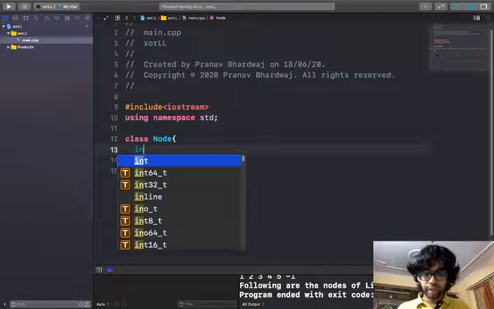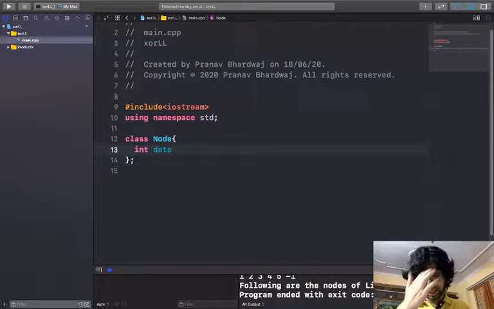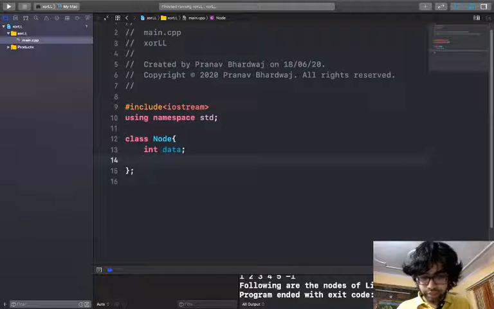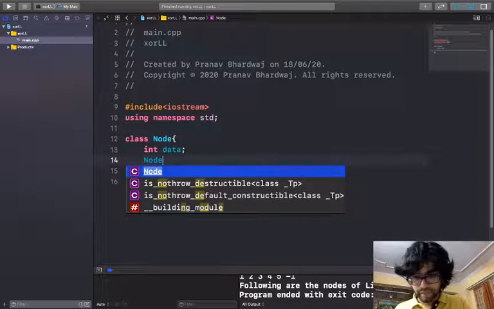I will have two data members. First will be int data, and another will be my next pointer. In this case, I will name it npx.